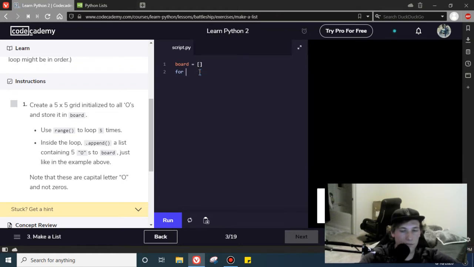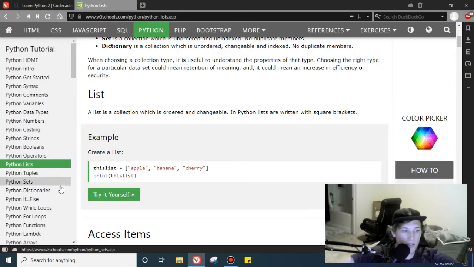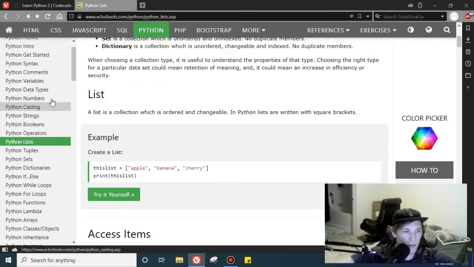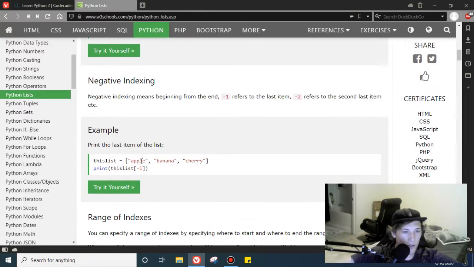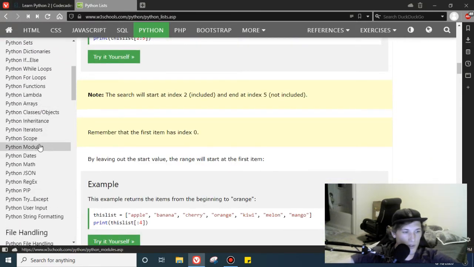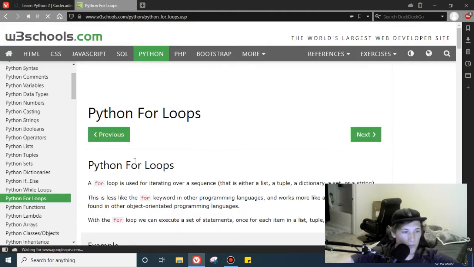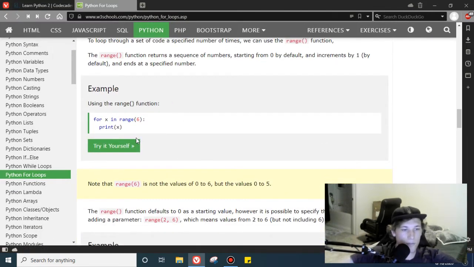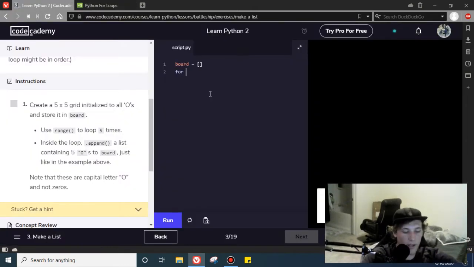For, let's see, range. So what do I want? For loops. Range. Okay. So for x in range, and then